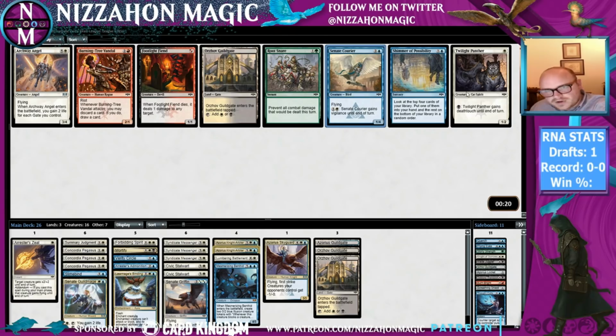I could sort of think about the Panther still, but I think you want to always have access to black, or almost always, or it's just bad, and we're not going to be able to do that. So I think I'd probably just want the Courier over another Guildgate. It's tempting to get the Guildgate, but...